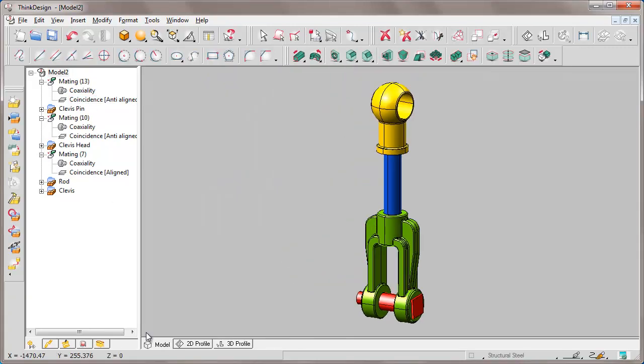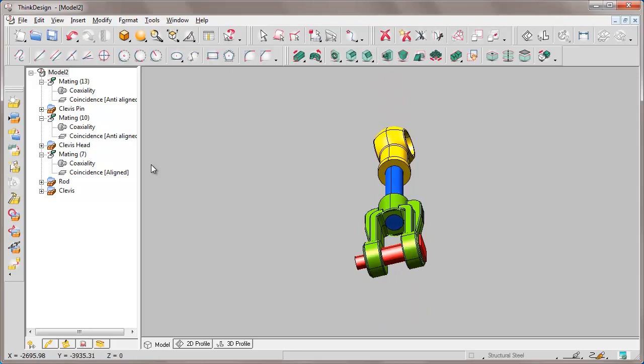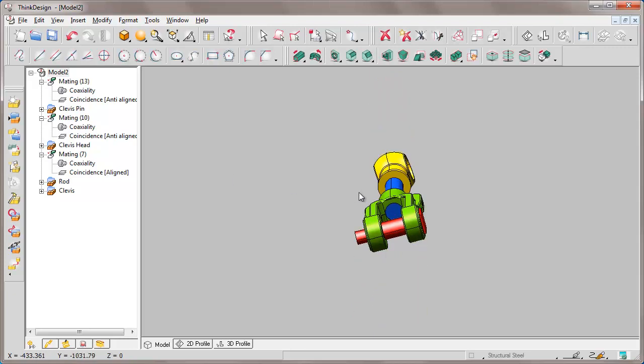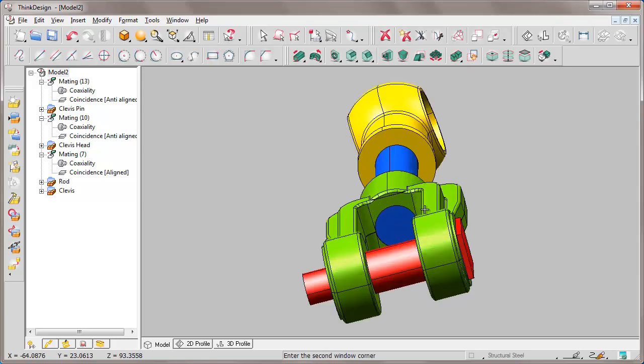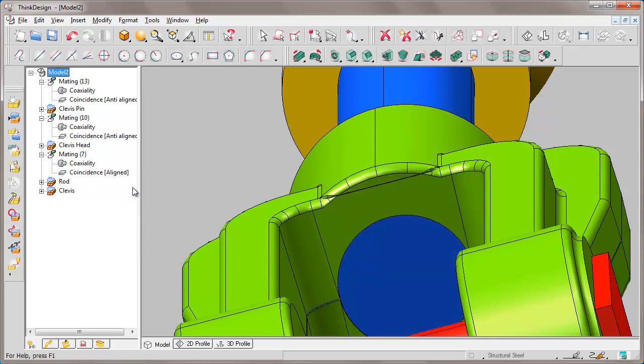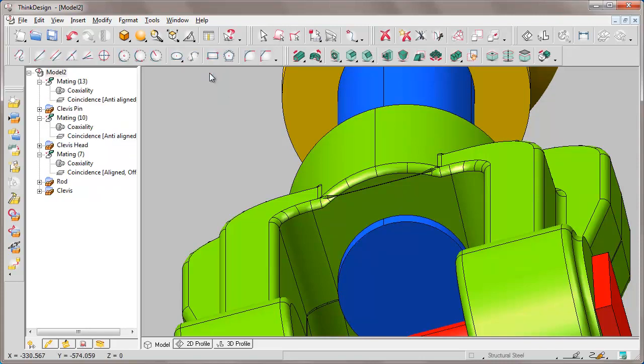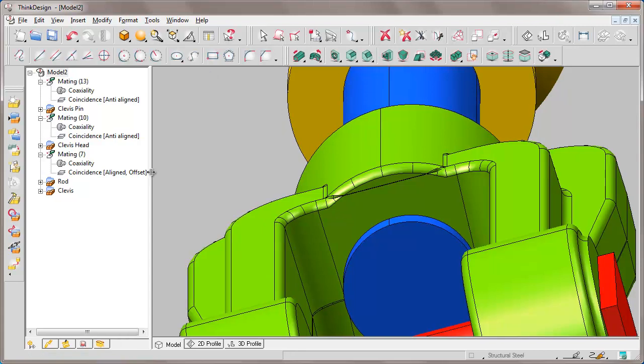OK. Let's view the different types of mating. Working again at the mating of the rod on the clevice component, we can even redefine an offset. Previously, we had left it to 0, so in the history tree we just add coaxiality and coincidence in the related mating. All matings are elements with the history, so redefining the mating in coincidence, we can enter an offset value, for instance 10. So the history tree displays an offset because it's no more equal to 0.